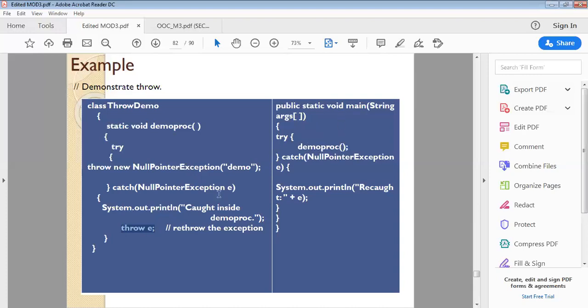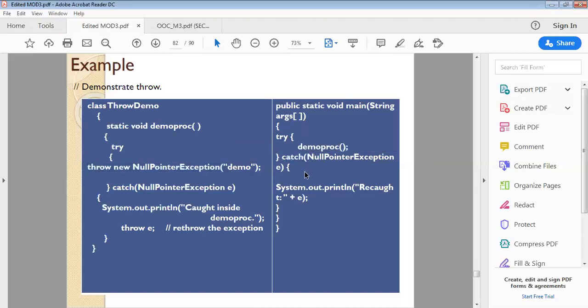Inside the main function, the exception from the demoproc function is being passed to the main function. It is similar to the function return statement. When you return from a user-defined function, it goes to the main function. Similarly, when you throw an exception from a user-defined function, that is demoproc, it is considered by the main function. Now come to the main function. Here again you give a try with demoproc. When you execute demoproc, it is again throwing a NullPointerException, and that will be caught here.